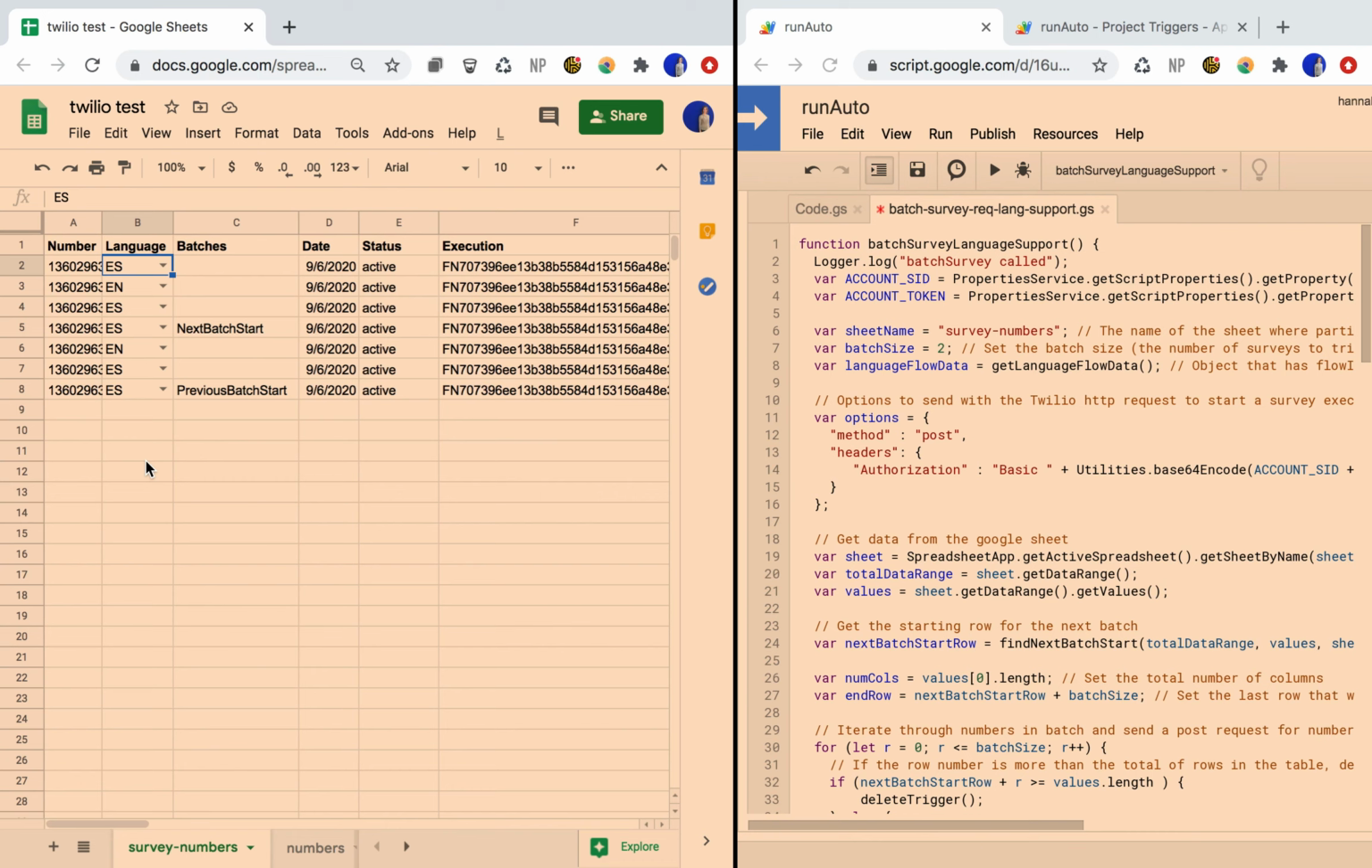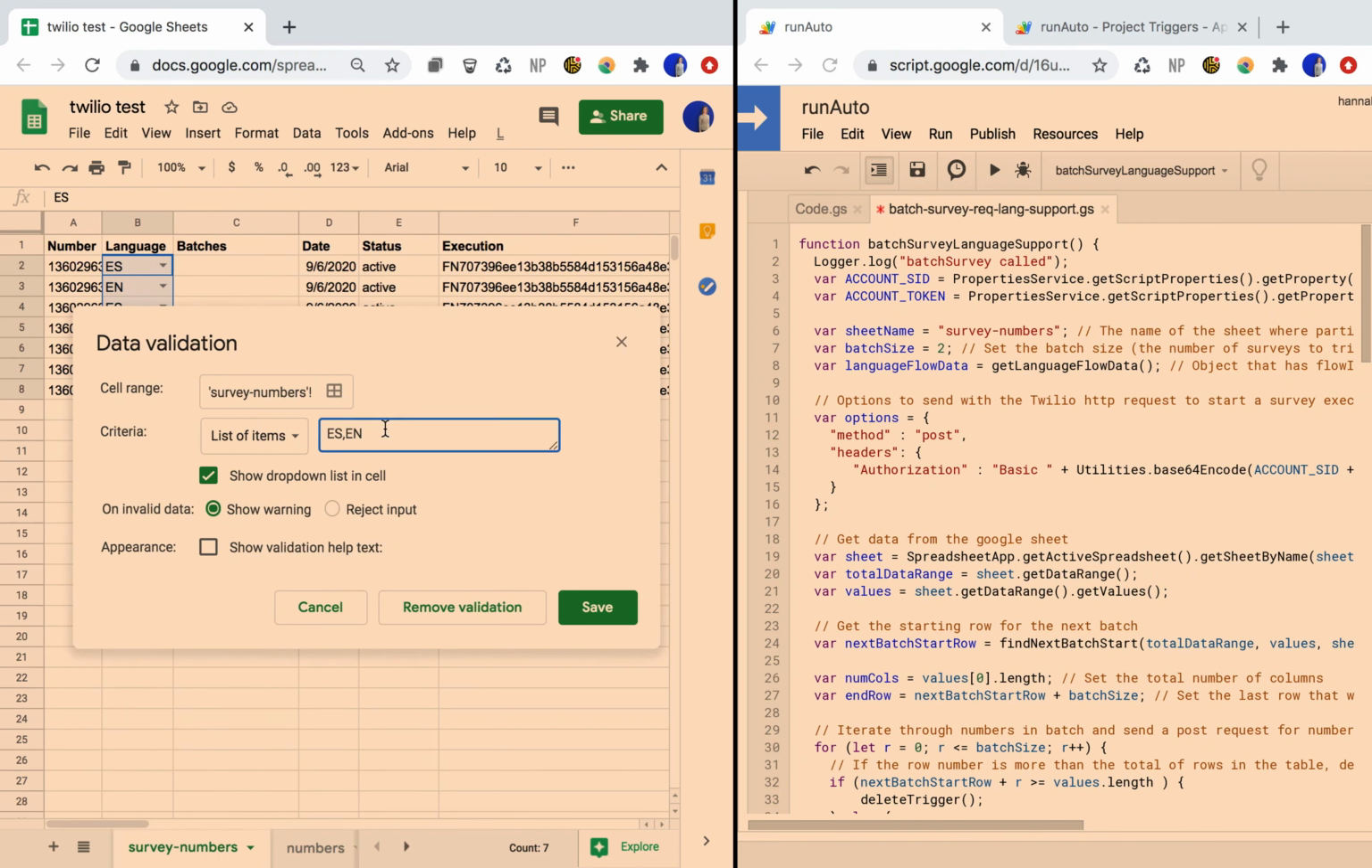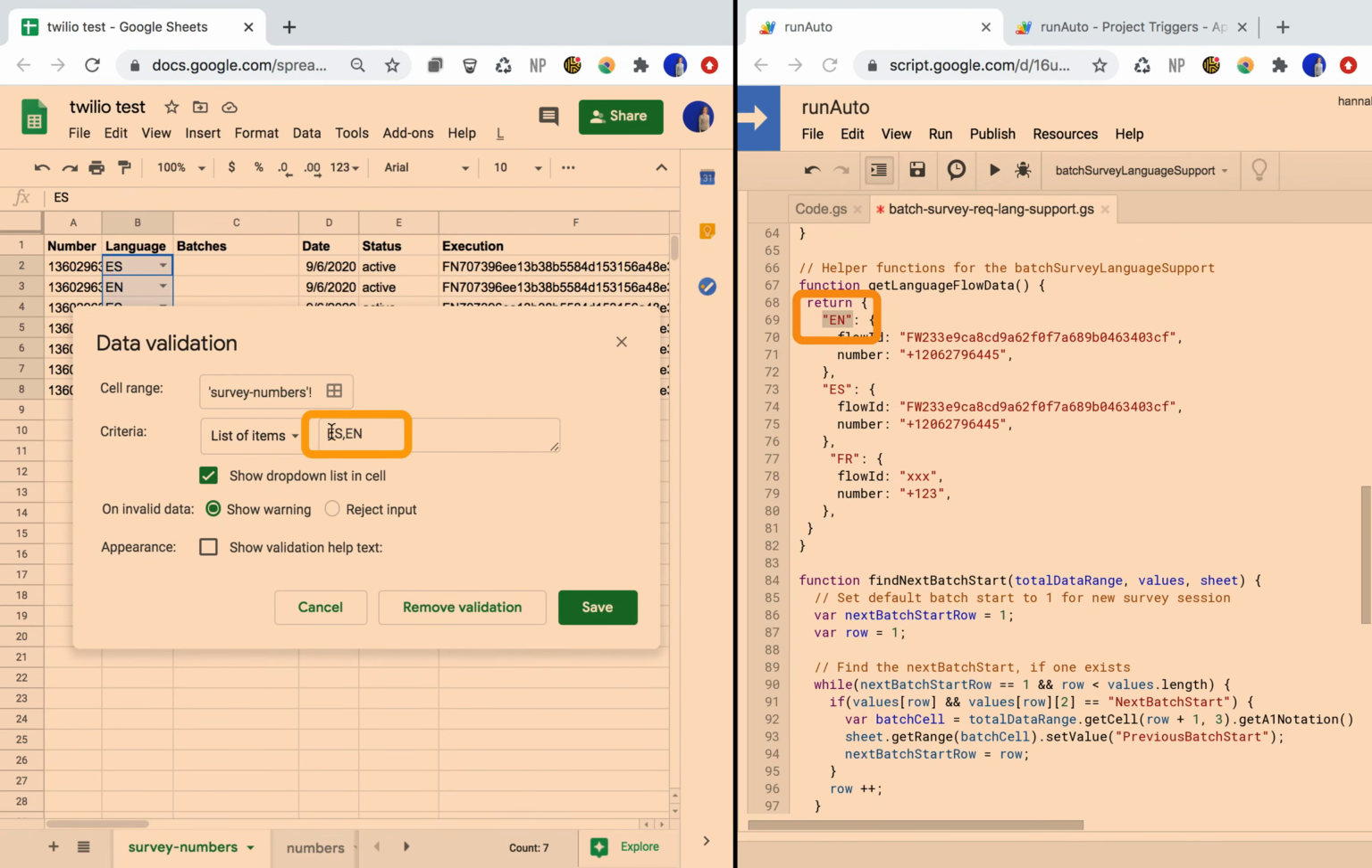If you're managing surveys in multiple languages, it can help to create some validation in the Google Sheets column, just so that you know that each participant's language is something that will be represented in the function. To add this validation, just highlight the rows that you want to validate, right-click, find Data Validation, and here you just want to enter a list of all the languages that you support. This will just validate that everything in this column is one of these strings. You'll want to make sure that for each of these languages, you have an associated key in your language flow data object with the flow ID and a unique